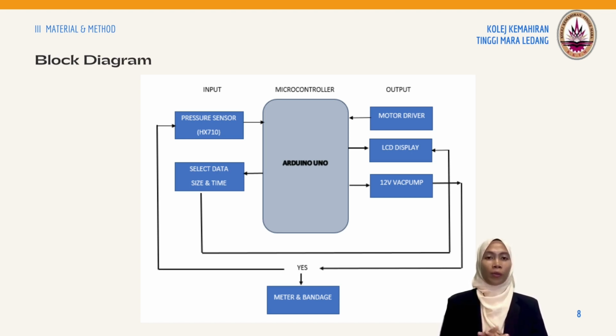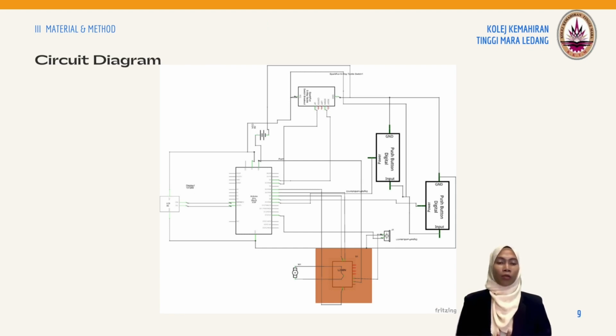The output of our project is a main component in our device, which is a vacuum pump that connects from the Arduino Uno, a motor driver as well as a pressure sensor for the pressure given to the patient as negative suction. Then the LCD will display the pressure range with a counter timer. During the process, the gauge meter will show manual readings and at the same time suction the patient when using a bandage. So this is our circuit diagram that shows the connections of hardware between input, microcontroller and